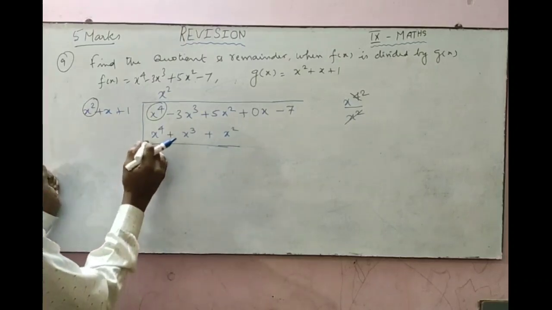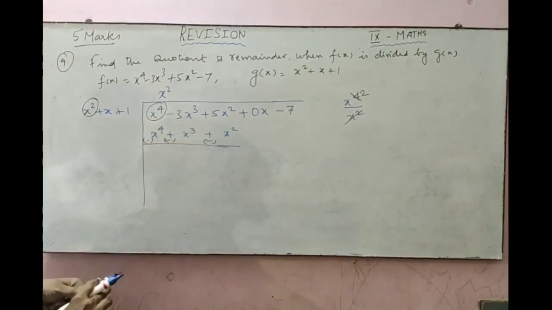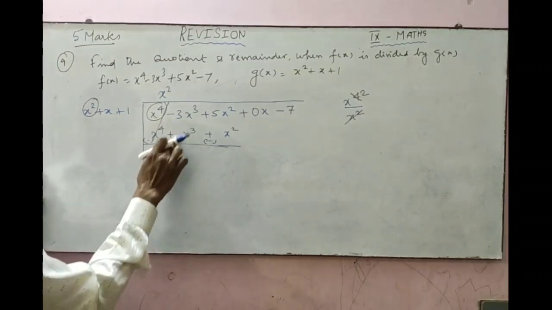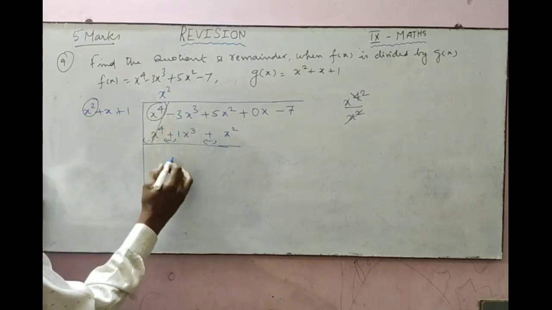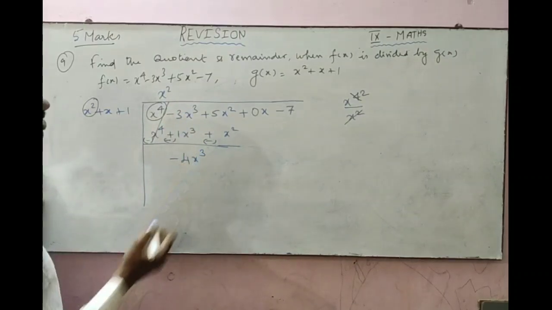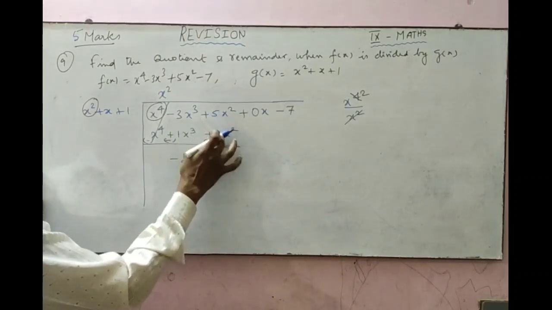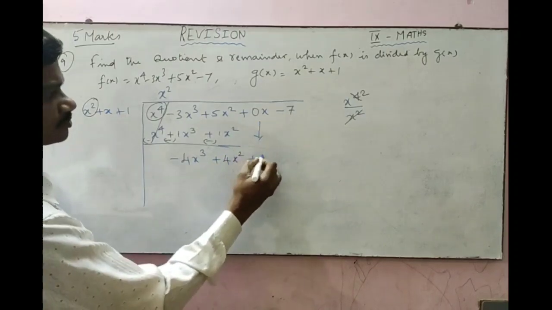Here all the terms have the negative sign. Plus இருக்கு, sign லாம் change பண்ணிடணும். Change பண்ணிட்டு இது ரெண்டு cancel ஆயிடும். Minus 3 minus 1. Here minus 1 இருக்கிறதா அர்த்தம். Minus 1 minus 3 becomes minus 4x cube plus 5 minus 1. Plus 5 minus 1 gives plus 4x square. Next bring the next term 0x.